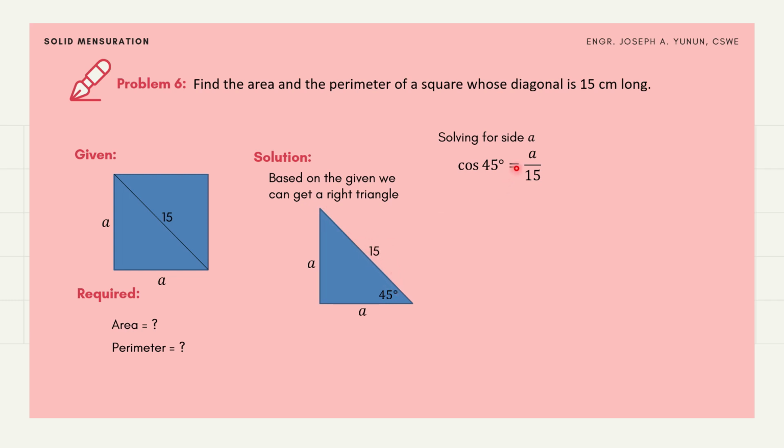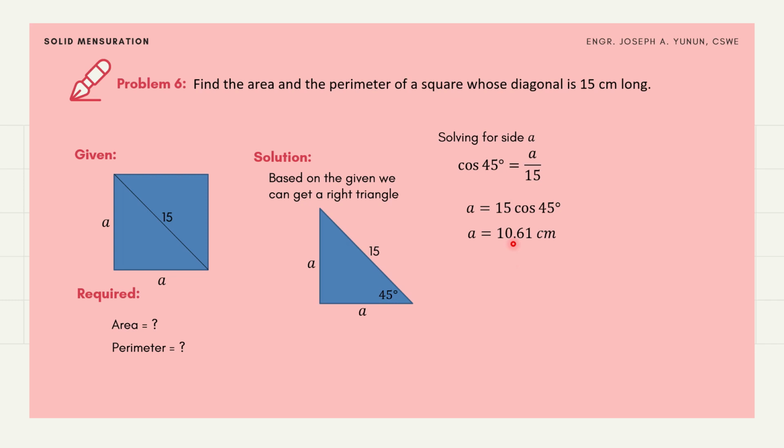The adjacent side is this one, right next to the given angle, and opposite is away from that angle. So cosine is adjacent, which is this one, over the hypotenuse, which is 15. Simplifying that, you get 15 cosine 45 degrees, and that gives us